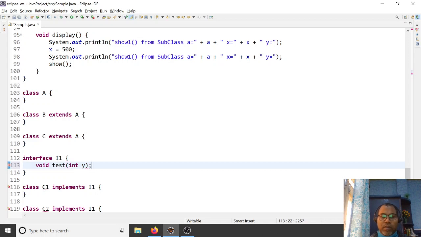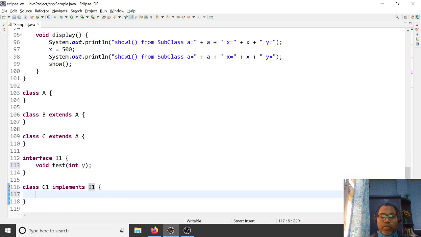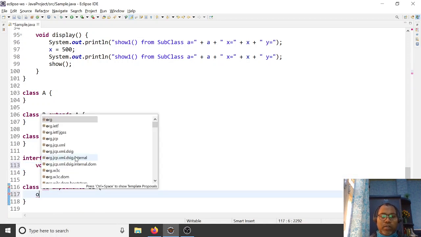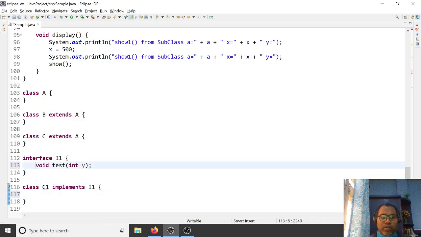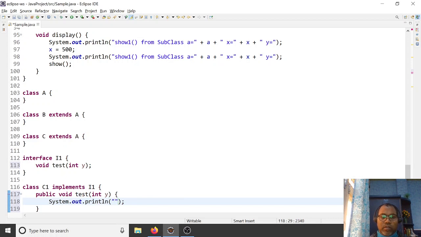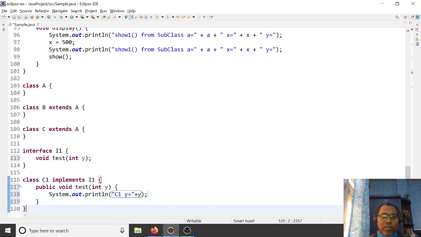And here all the implementations must override it. You have to define it here as public, and here print c1 or y equal to plus y.